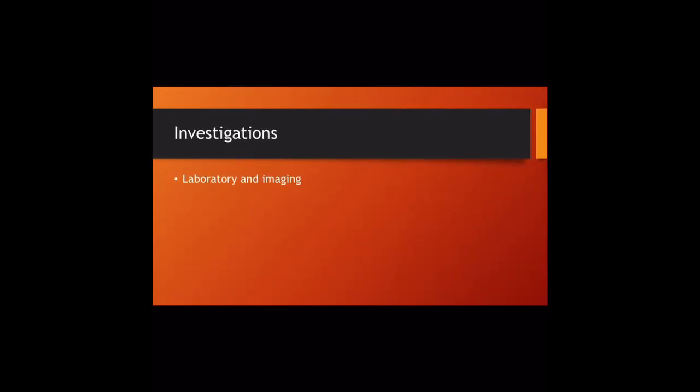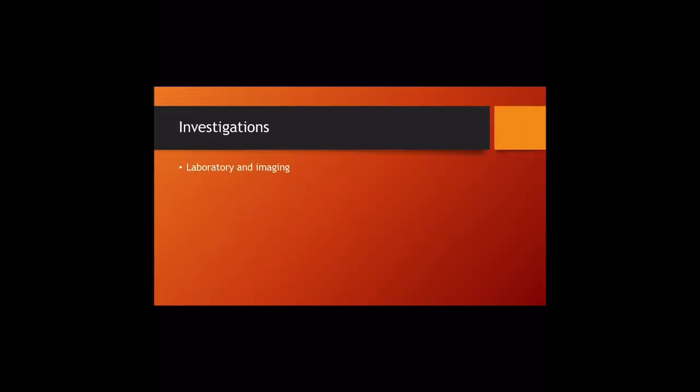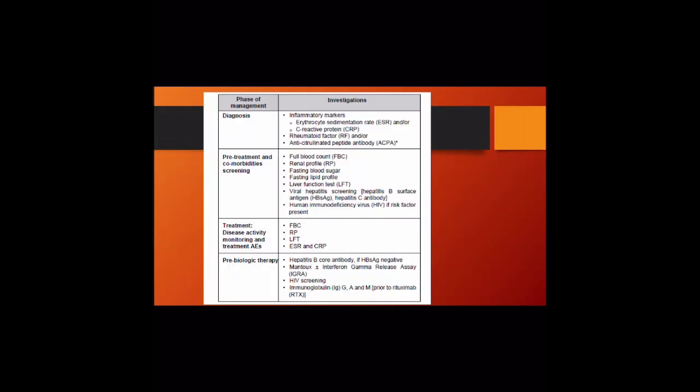Investigation for rheumatoid arthritis, basically there's not much, but what is important is the laboratory and the imaging. Most important is the laboratory investigation. Laboratory investigation for diagnosis, usually we will take ESR, CRP, rheumatoid factor, and ACPA, which is anti-citrullinated peptide antibody. For comorbidity screening and pre-treatment, before we start the treatment, what is important to do is full blood count, renal profile, liver function test, FBS, FSL, and viral screening for hepatitis and